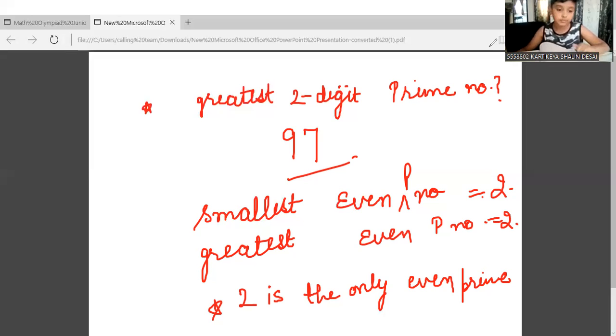Ma'am, I need complete explanation. Why complete explanation? I need your rough work to judge what you are doing. I need your rough work as well as your answers. It's better if you prepare a copy for that, as you make a copy in your school. I'm already prepared. Okay, you have already prepared.